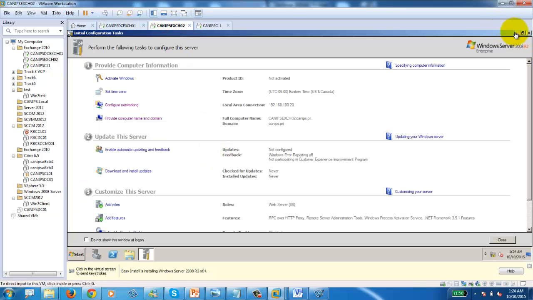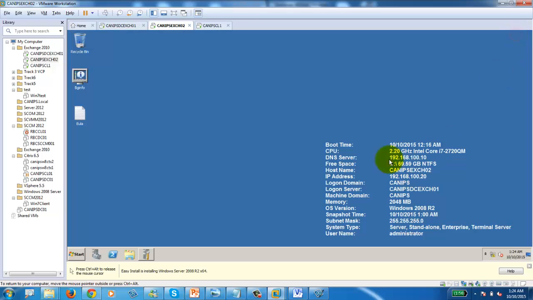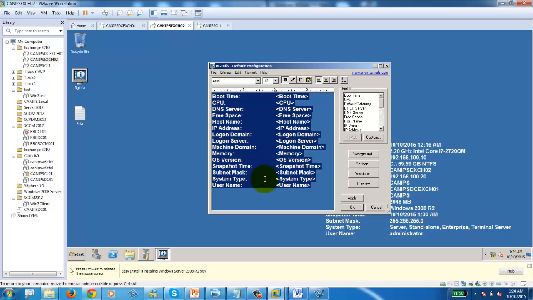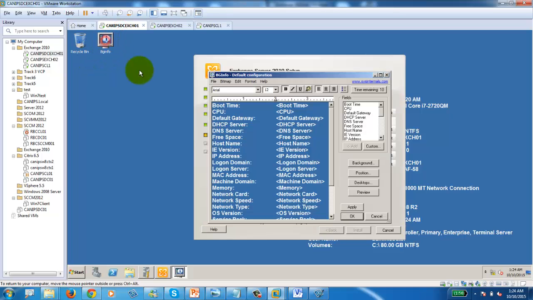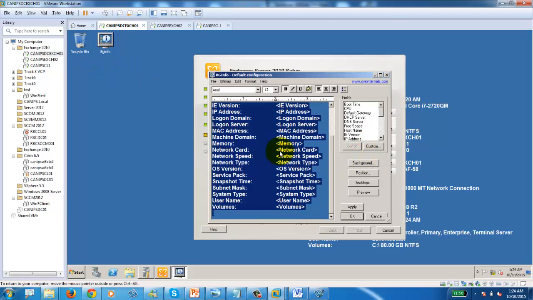So here, if you see, I have less stuff on this. It's just because I removed some of the things from here. Let me copy the same thing on this BG info. As you can see,